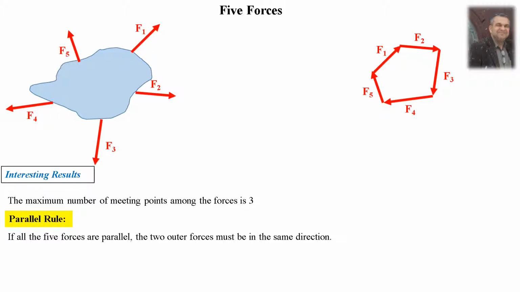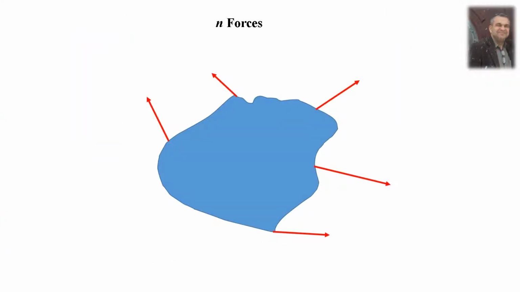And this fact is true for however many forces you have. At least one force must be opposite to the rest. If you have 4 of them in the same direction, at least one must be opposite, and definitely it must be in between them, because this is the parallel rule. For n forces, if you have n number of forces, this is force 1, this is force 2, this is force 3. I would like you to generate a generic formula if you have n forces: what is the maximum number of meeting points we have, in which certainly